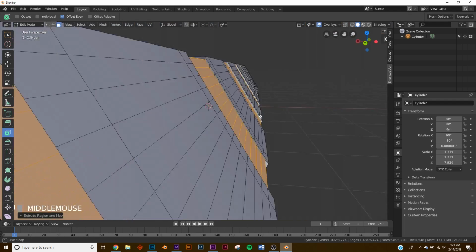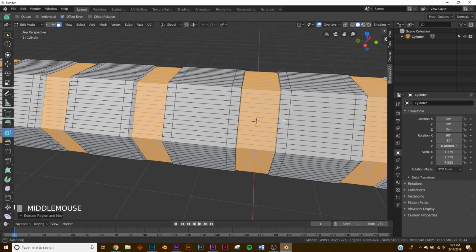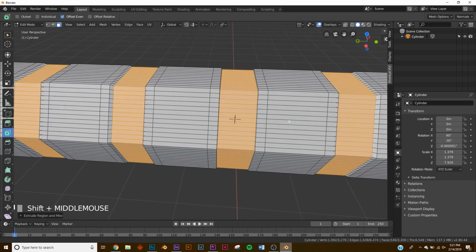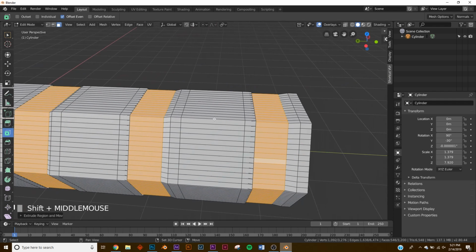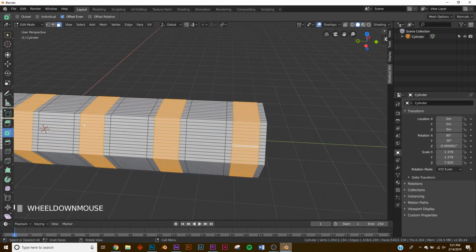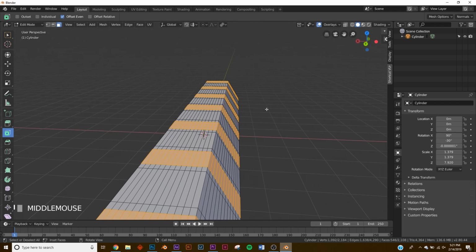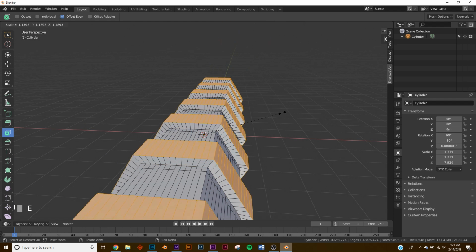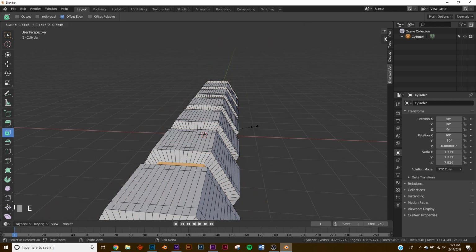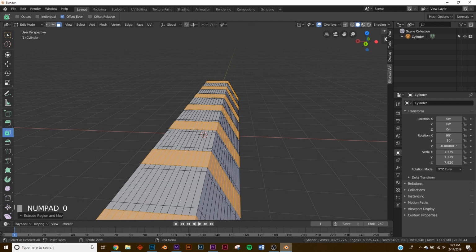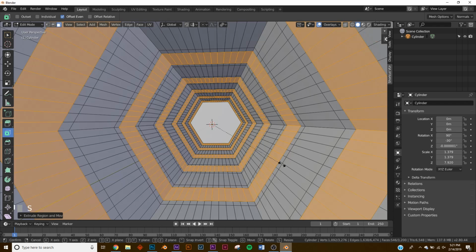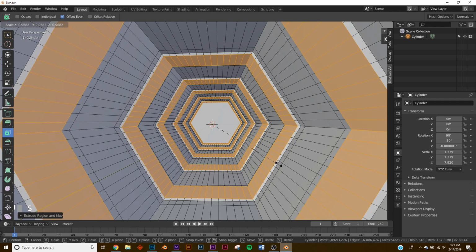So we have a problem here, and that is, all these are kind of extruding, sort of going into one medium point, which is the middle here. They're kind of going in like that, and we don't want that. So what we have to do, right up here, you'll see this little chain link kind of icon, click individual origins. So now when we hit E for extrude, S, it scales up at their own individual origin. So let's go back into the tube so we can see, and then just bring it in just like that.